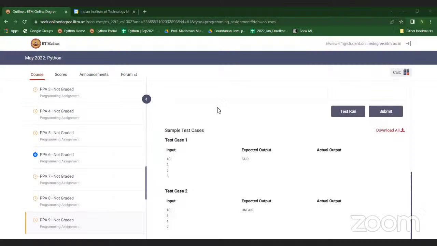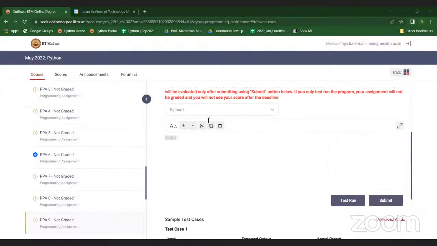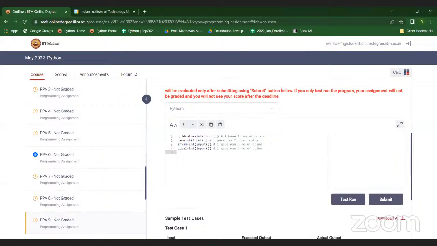Sir, actually, I passed the fair case, but I don't pass the unfair case. Can I share my screen? You passed what case? There is a problem in the code. Give me a second, let me just answer this code and then I'll come back to you. Okay.